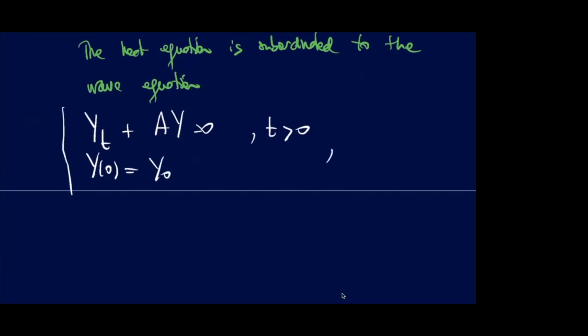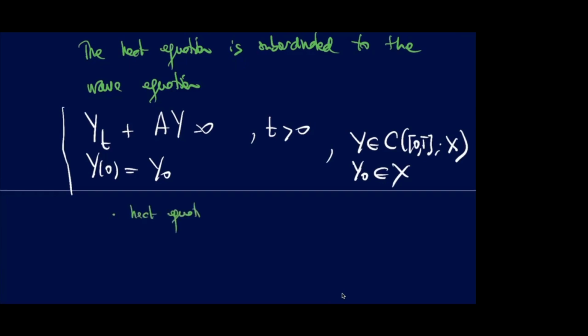So this is a Cauchy problem, right, with y belonging to the space of continuous functions in time with values in some Banach space. So you see, this could be the heat equation, right? In that case, A is minus the Laplacian, but it could also be an ODE system,